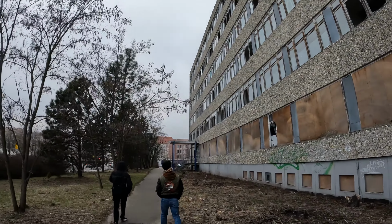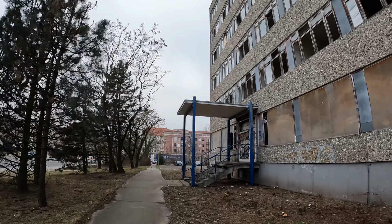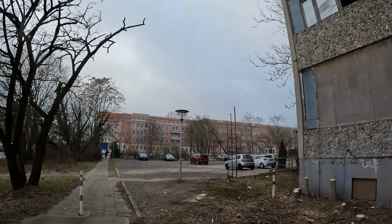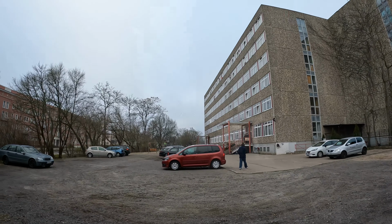Anyway, this is just totally on the outskirts. It looks like the dead center is right here, so we've got this abandoned building on the outskirts of the city center. How do you wrap a story around that? I don't really know. Yeah, I guess that's just the tapestry of Eisenhüttenstadt itself. That's just how it is. That's functional because there's people there, so something's happening there. Don't know what, but